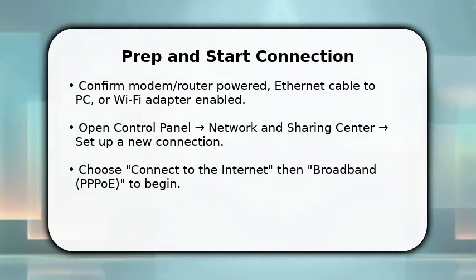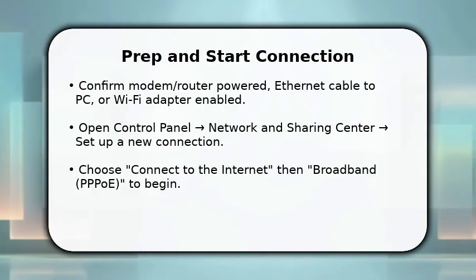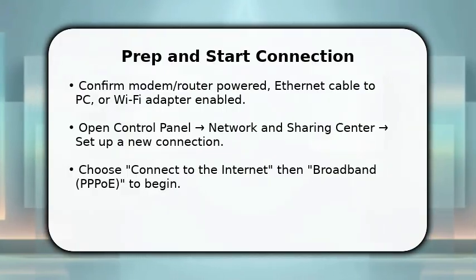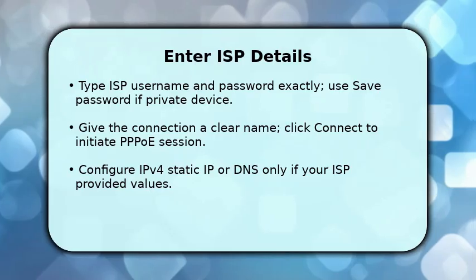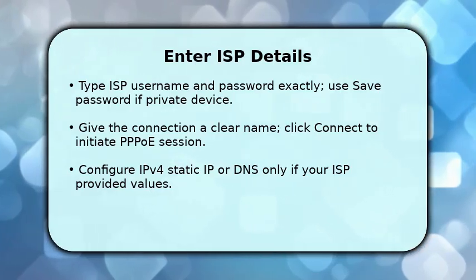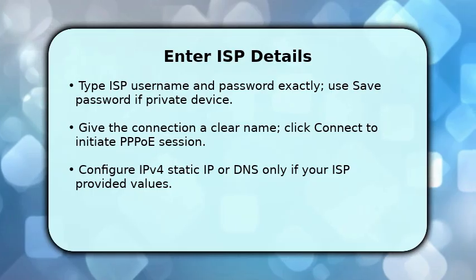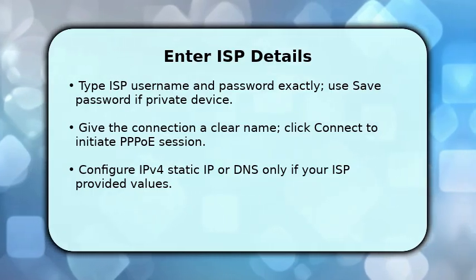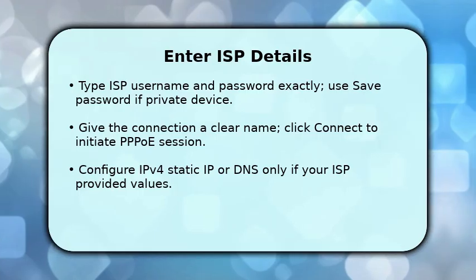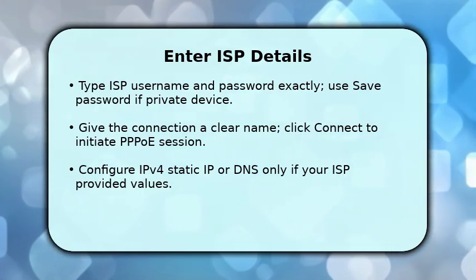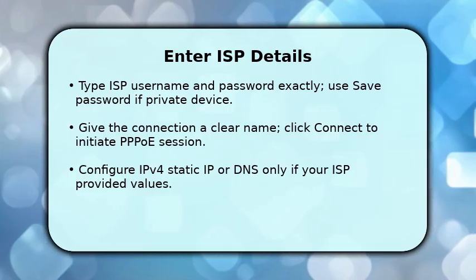Now you provide the concrete credentials and settings the ISP supplied. You type the username and password exactly, paying attention to case. Choose Save Password only on your private computer so automatic reconnect works. Next, give the connection a descriptive name so you can identify it later, then click Connect to initiate the PPPoE